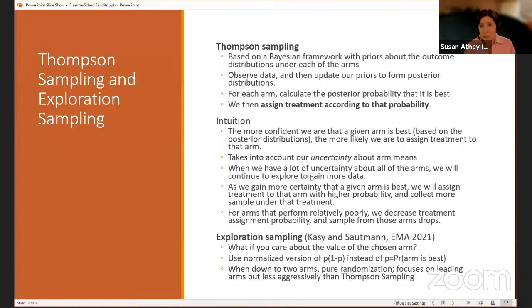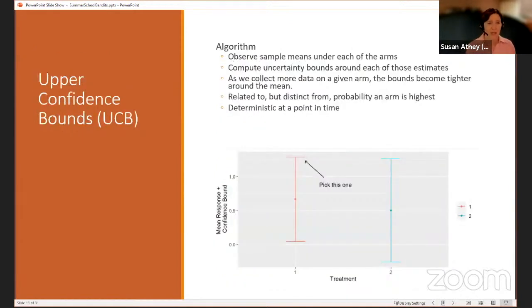But in general, they could be different. These could be very different in principle, but they turn out to align pretty well. They weren't very different in our setting. So we didn't screw up too badly by the fact that we ran out of time to debug the exploration sampling. Another algorithm that's commonly used is something called upper confidence bounds.